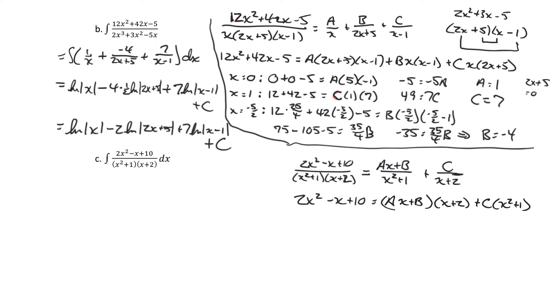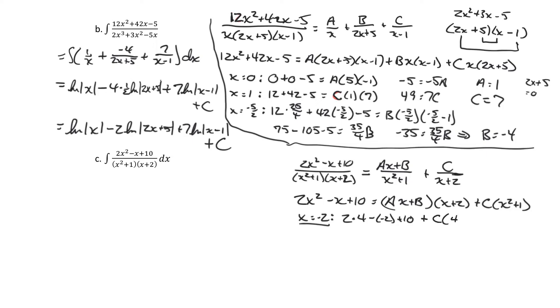All right, things deviate from what we've done before. So again, we can choose some x values that will allow us to eliminate some terms. In fact, the x plus 2, if I let x be equal to negative 2, I got some good things going on here. If x is negative 2, we'll end up with 2 times negative 2 squared, which is 4, minus negative 2 plus 10. The term that has the x plus 2 in it, when x is negative 2, that will be 0. 0 times ax plus b. And the very last term then, when x is negative 2, we'll end up with c times negative 2 squared